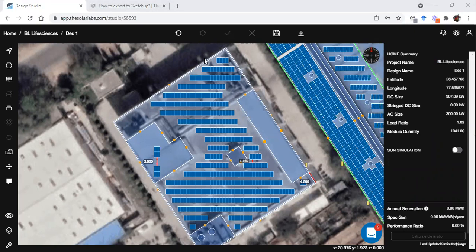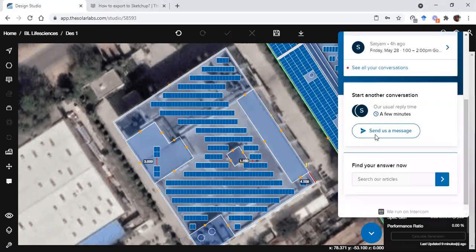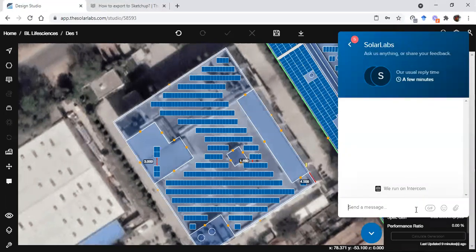No, sir, you cannot add any new panel or new inverter to the inventory by yourself. If you want to do that, you simply have to send us a message from here. You can attach the data sheet of your inverter in PDF format from here, and we'll do that. Because it is PVsyst, there is this option to add panels and inverters according to your choice.